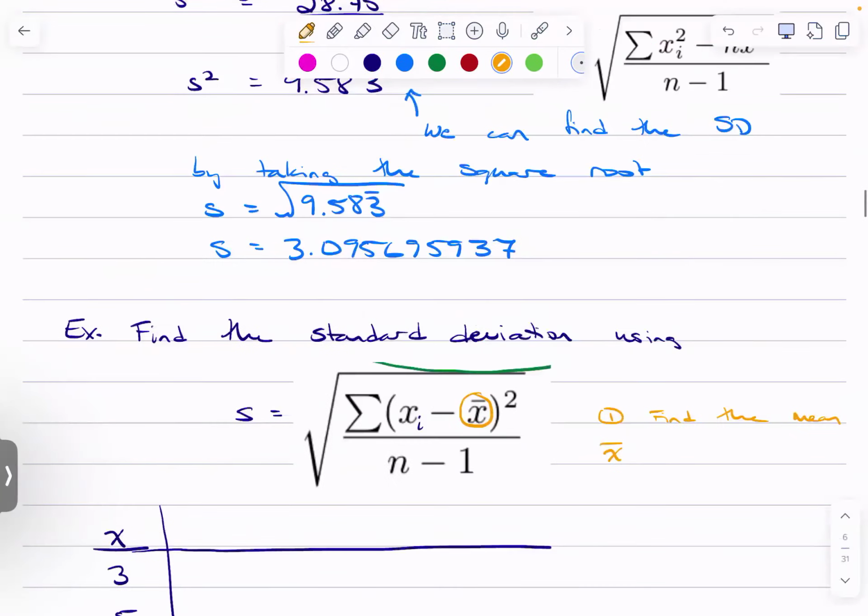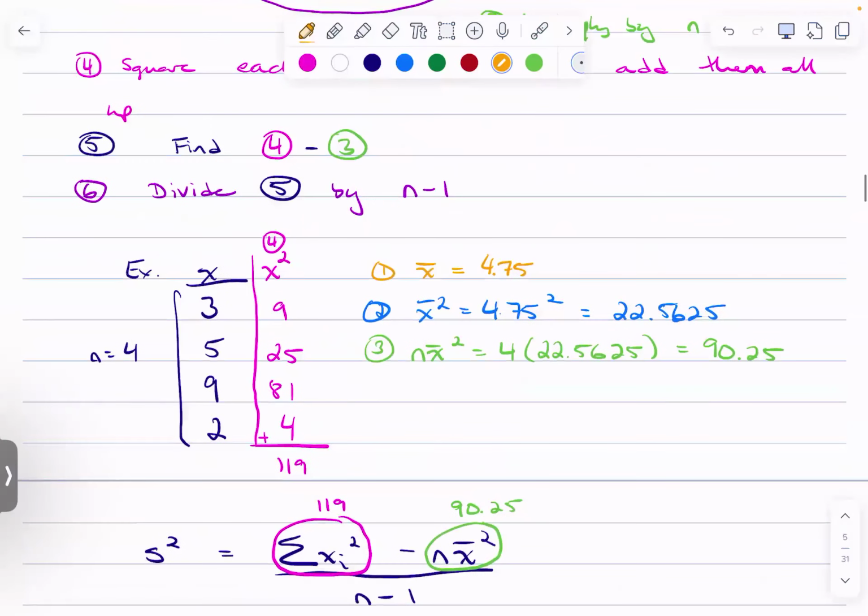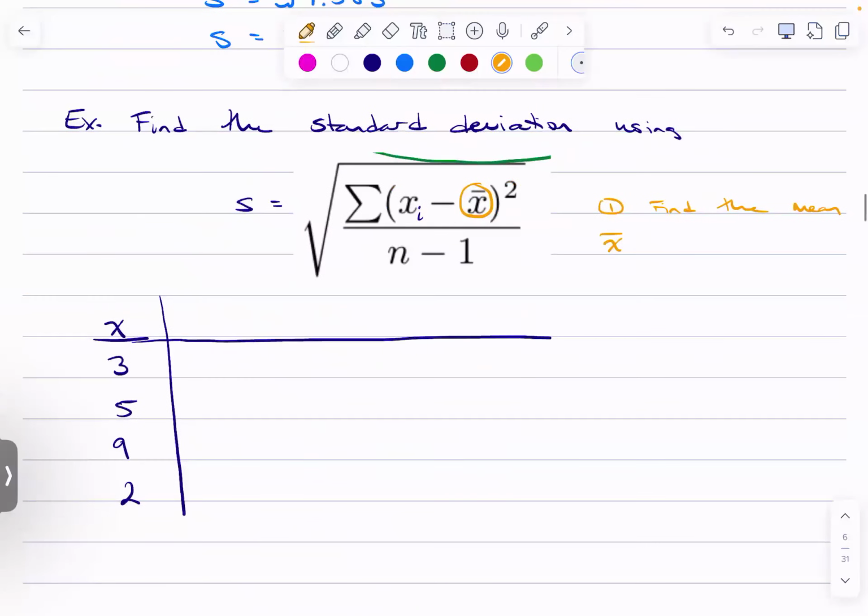And we know from earlier that x bar is 4.75, which we need. Then we're going to pick a color, maybe